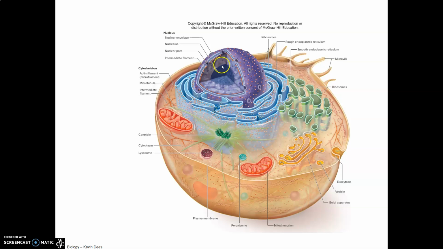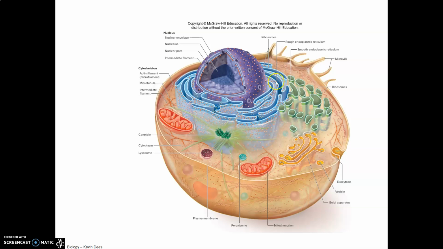And then finally, there's a structure called the nucleolus. And the nucleolus is a darkened area in the center of the nucleus. Some cells have more than one nucleolus in their nucleus. And the nucleolus is the site of many parts of the ribosome formation. Now, if we look out in the cytoplasm, we'll see these ribosomes. And these ribosomes are these very small dots found either as free ribosomes in the cytoplasm or attached to the